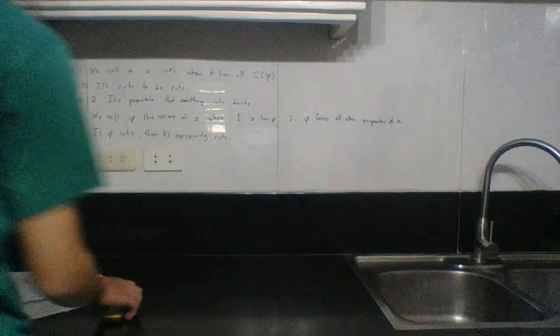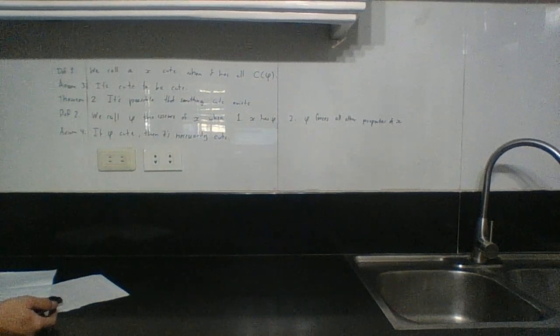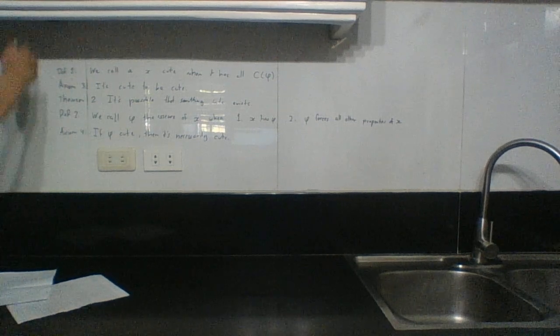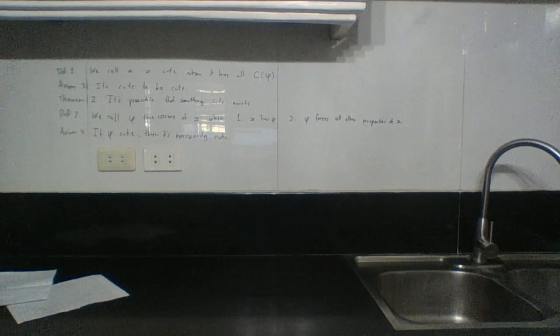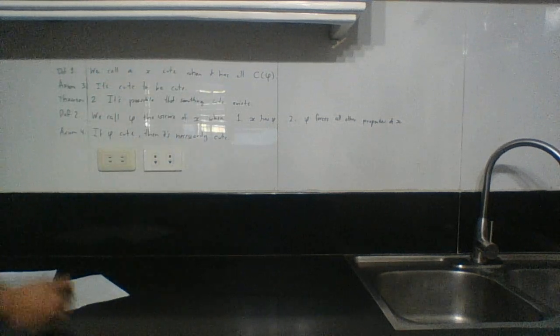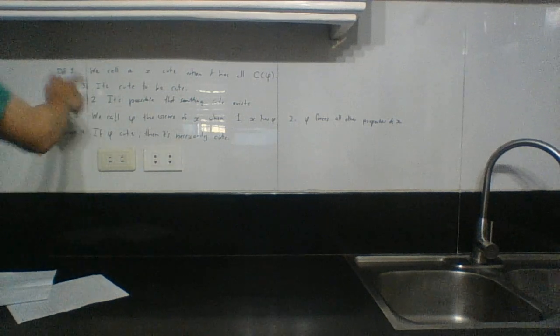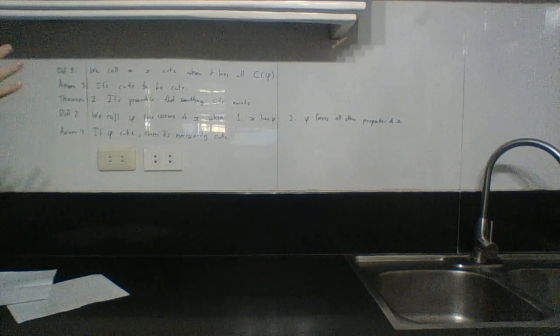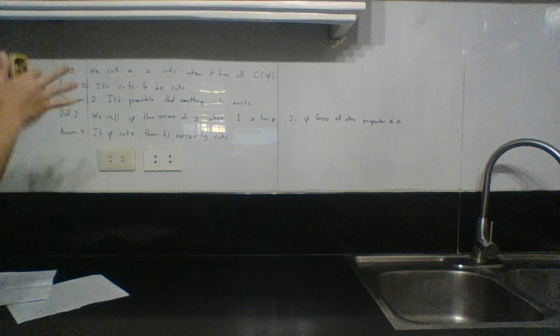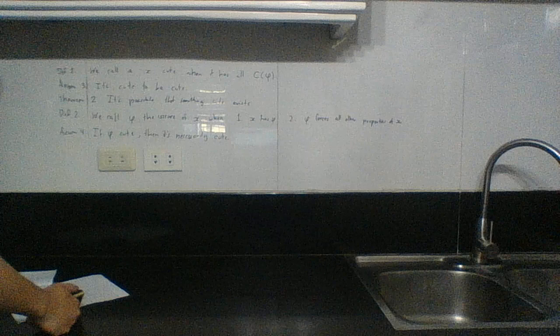All right, so axiom 4: if a property var phi is cute, then it's necessarily cute. So let's do a brief rundown of all of these. Definition 1, we call an object or entity X cute when it has all the cute properties out there. That's why I keep mentioning it in the beginning. Axiom 3, it's cute to be cute. So if an object has a cute property or is cute from definition 1, then it is cute in itself.